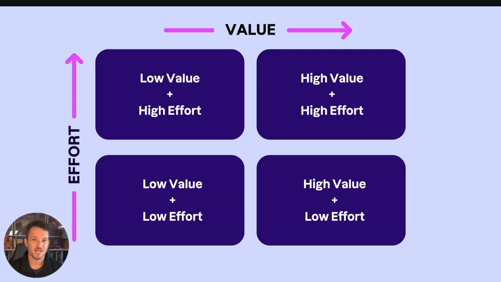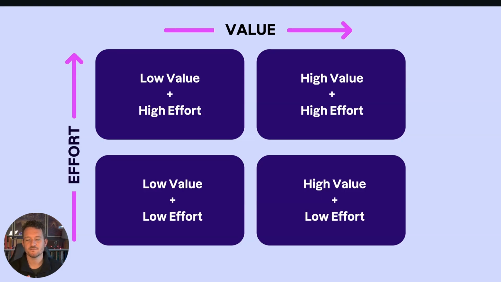Today, instead of looking at one specific use case and how to build it or turn it into an agent or any of the fun stuff we typically do, I want to look at this matrix that follows an effort and value scale, because we get a lot of questions about where to start, how to start using AI to get the most value, the most impact. We often talk about the crawl, walk, run approach. And we stand by that, and I'll show you how that fits into this matrix in just a minute.